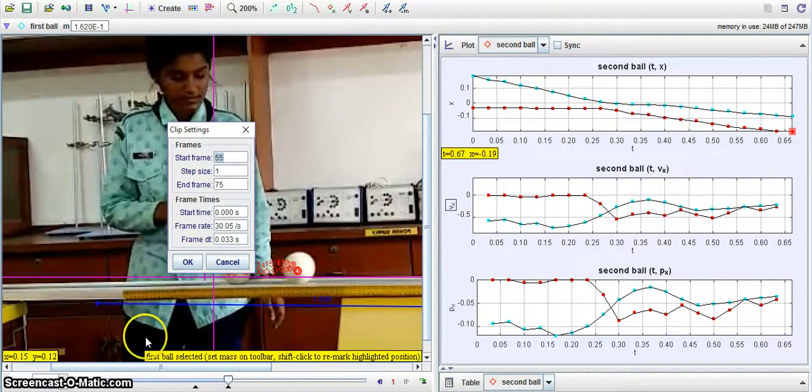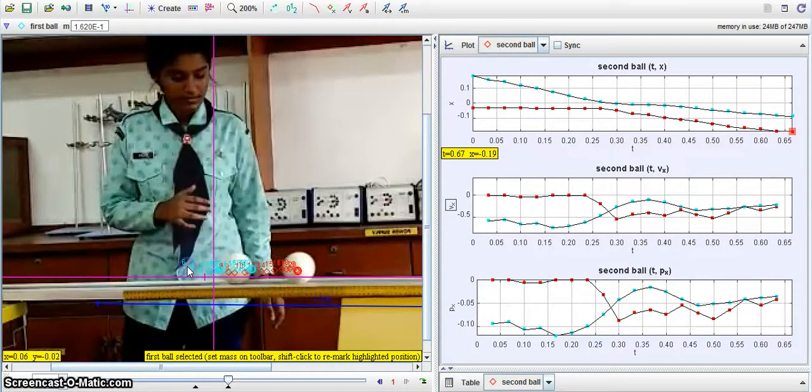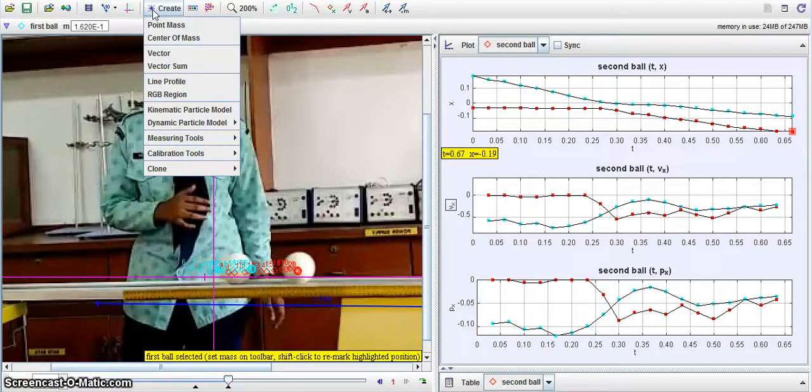So I set the frame from 55 to 75, and then calibration stick. So I have this here. I got 1 meter rule as a calibration, and then I insert the axis, and I create point mass, which is we have